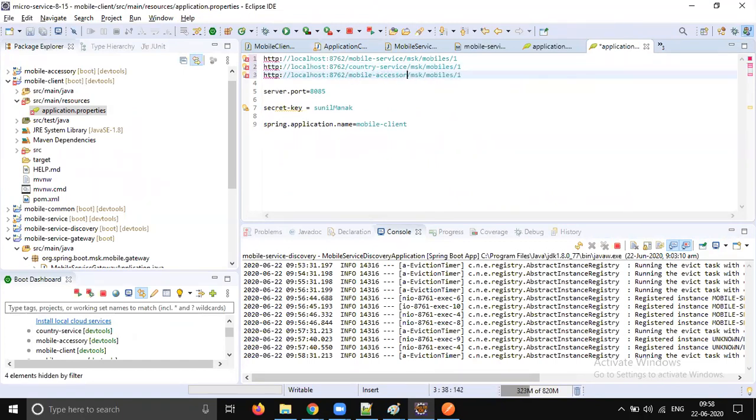There is no context path here. It is just going to be accessory slash accessory, or else you just configure only this so that the context path and all can be configured in the application. So only load balancer URLs you can configure here.